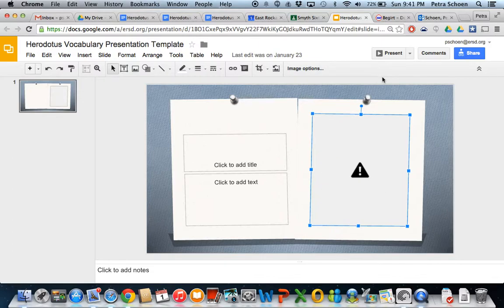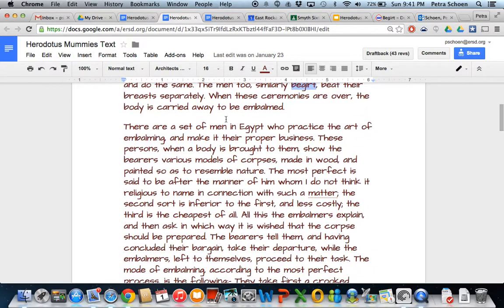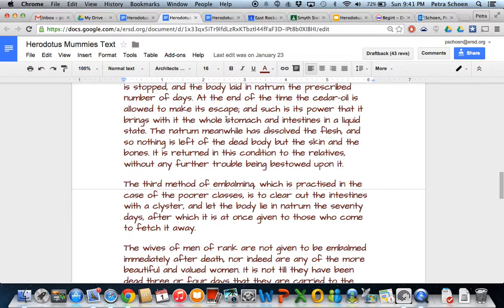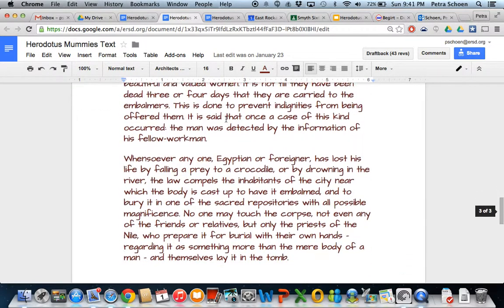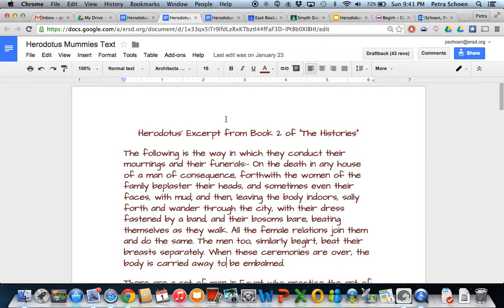And then you're going to be recording your voice over the presentation, reading each of the definitions aloud, so that we have a little audio-visual dictionary that will help us in a couple of weeks to go through this entire text and understand exactly what it is that Herodotus was talking about, because the wording and the language can be a little archaic since it was written thousands of years ago, and even though it was translated, it can be